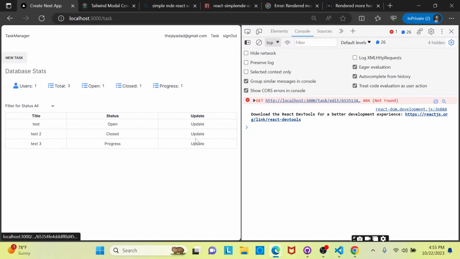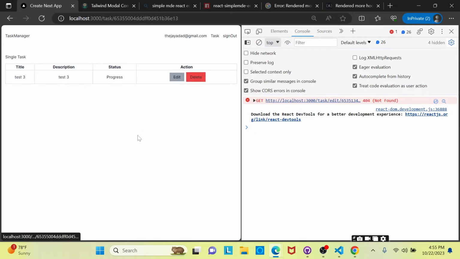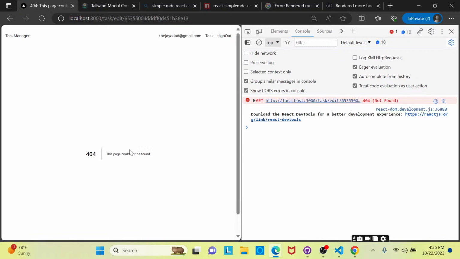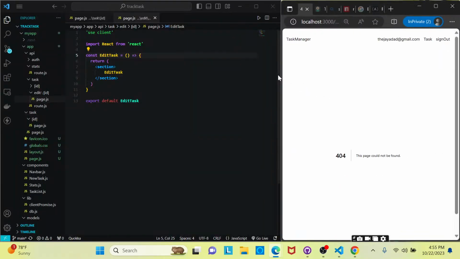Try it again. Update, edit. Saying page can't be found. Task, edit, ID. And let's look at our